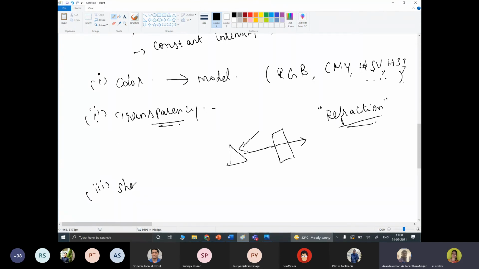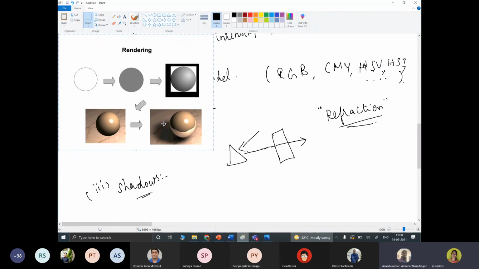Coming to shadows, the hidden surface method is used to calculate the areas where the light source produces shadows. So when this object, this portion is a shadow portion, how can you find this is a shadow portion?